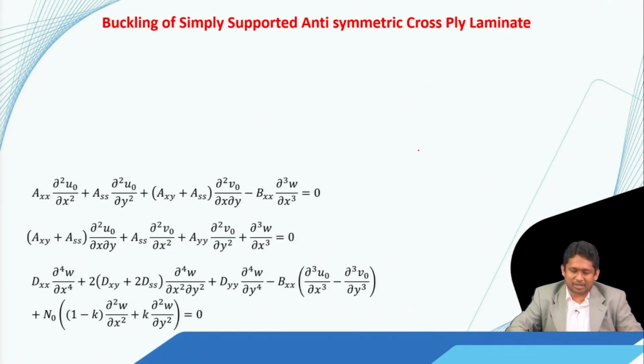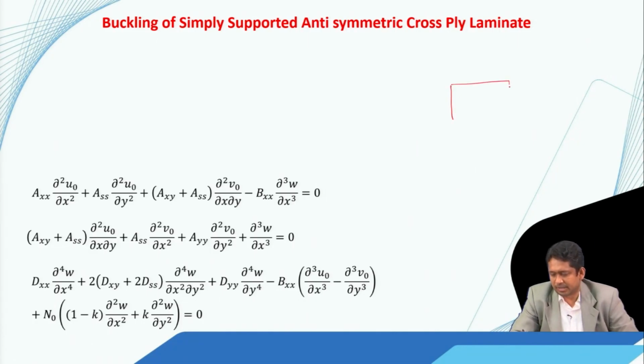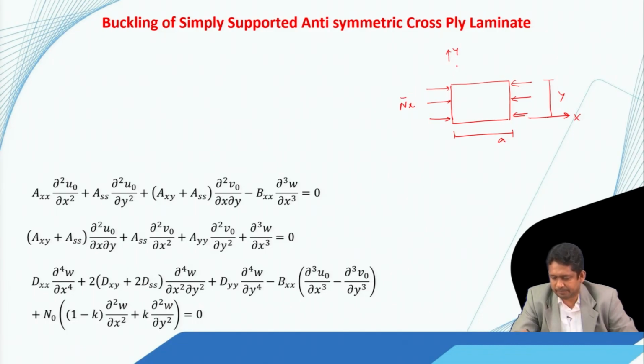Now let us look at a similar problem. Now here, instead of it being antisymmetric angle ply, it becomes antisymmetric cross ply. So again the same thing, we have a laminate in the XY system, and this is X, this is Y, and it is under biaxial load. So this is NX bar, and this is our NY bar,